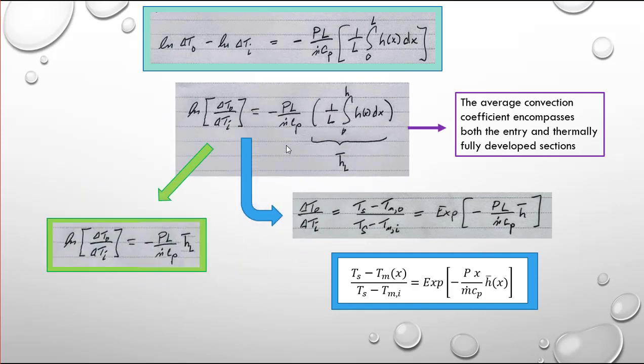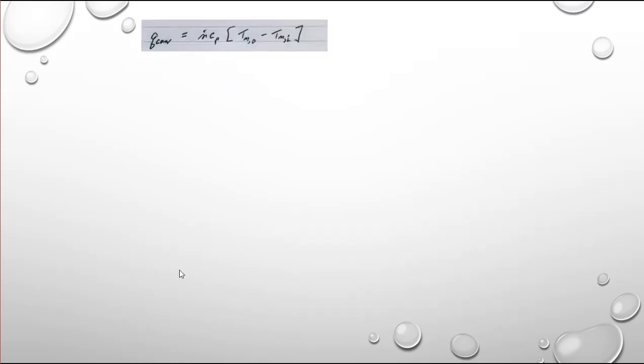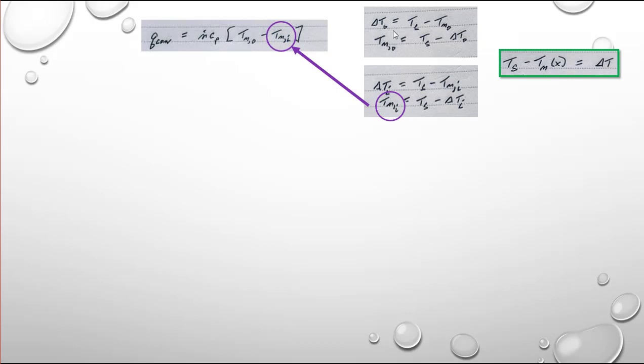the previous expression, rewriting it in terms of the average heat transfer coefficient, and we will use this result to formulate an expression for the total amount of thermal energy required to raise the temperature of the fluid from its initial temperature to its desired outlet temperature. To do this, we'll again return to our definition of delta T, and we will now write it in terms of the outlet temperature. And this gives us a way of expressing the mean temperature as well as the inlet temperature. Now, if we make those two substitutions